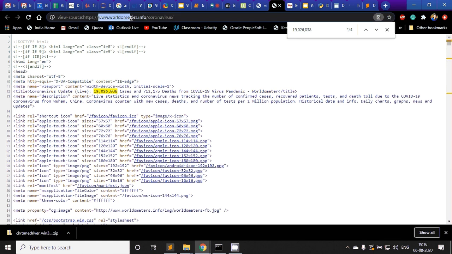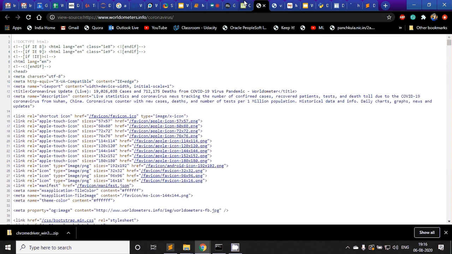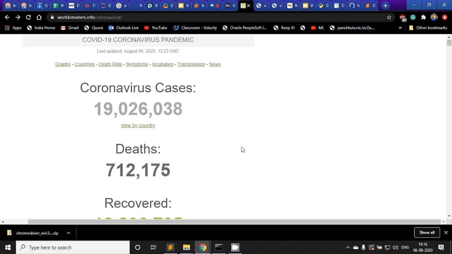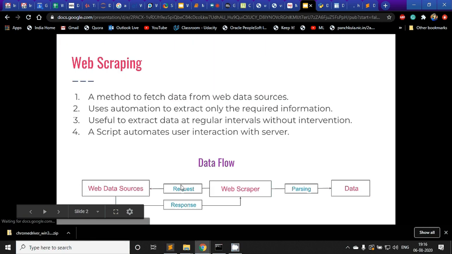How it simply happens is, when you make a request to the server, it finds the web page you are requesting, routes to that web page, fetches that data, and sends you back the response. This response is HTML, CSS, and JavaScript only. Here we have a web scraper, but let's consider this a web browser. The web browser interprets this response and shows us this page. Simple, right? So let's go back there.